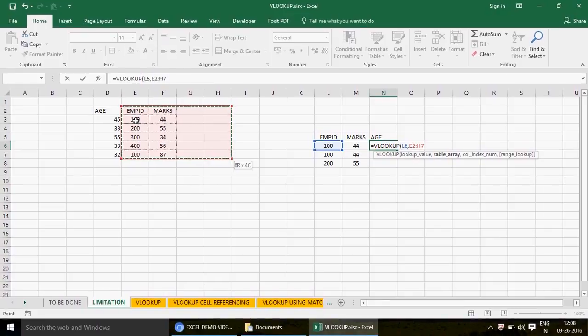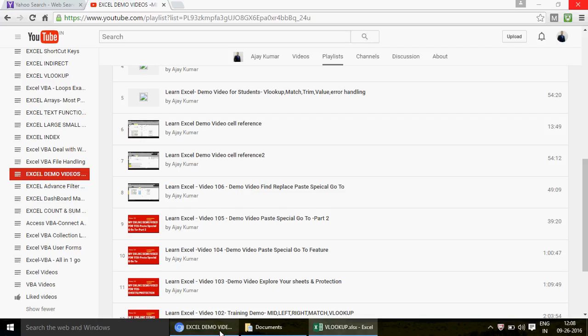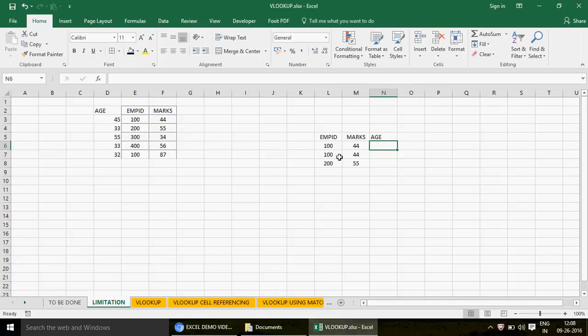Well, then you will have to move this age header. If you know the INDEX function, you can watch some videos on the INDEX function. You can search for Excel INDEX, and you will find some videos there. INDEX is again a lookup function, and it works in all directions, so it is more powerful than VLOOKUP. But generally we like to stick to the VLOOKUP only because of our limited knowledge. So just in case you still ask me, if we don't want to use INDEX, then